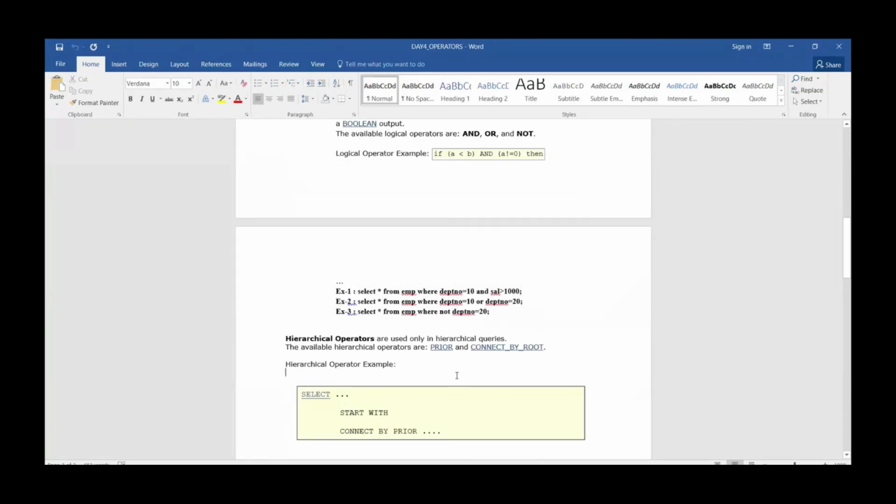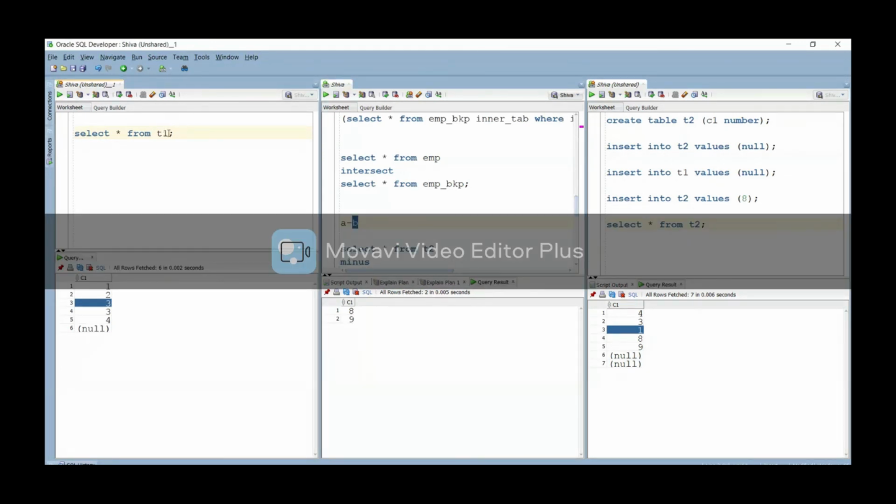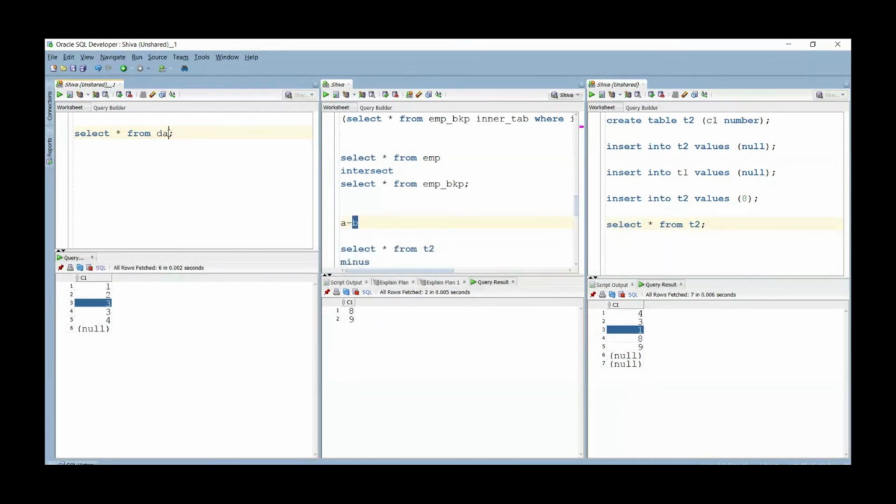We haven't used this hierarchical operator yet. Till now I haven't used it anywhere in my project in 10 years. But at least we need to know it for interview purposes. An interview may ask a silly question like how to display the numbers 1 to 10 by writing a simple select query. The hierarchical operator will help you to get that requirement.